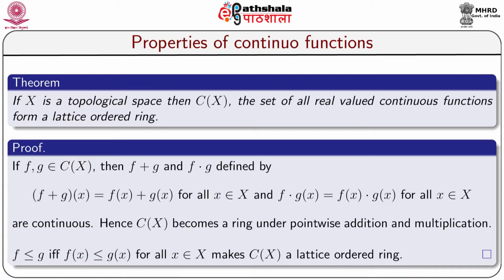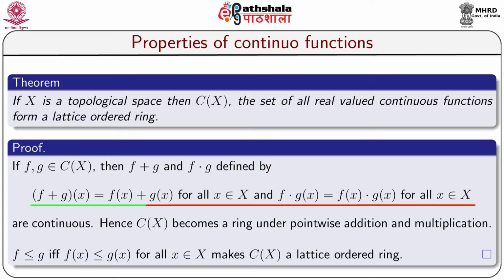Again, we are continuing some properties of continuous functions. This is an important theorem. If X is a topological space, then C(X), the set of all real valued continuous functions, forms a lattice ordered ring. Proof. So, we have to define an addition, a multiplication and an order relation on C(X). If f, g belong to C(X), we define addition and multiplication pointwise, that is, (f plus g)(x) is equal